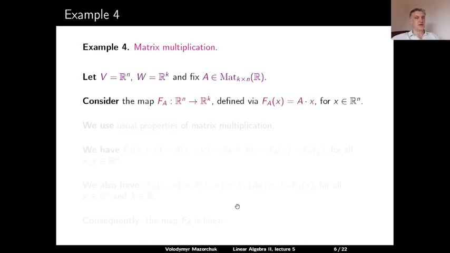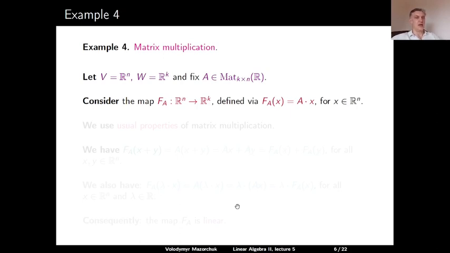Then we can consider the map F sub A from R^n to R^k, which is defined by taking the vector x in R^n and multiplying it on the left with the matrix A. So since A has k rows, the outcome will be a vector with k entries,